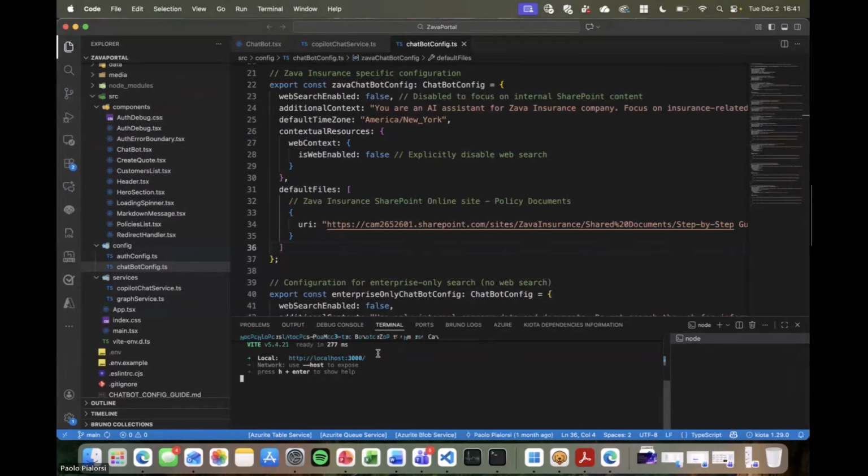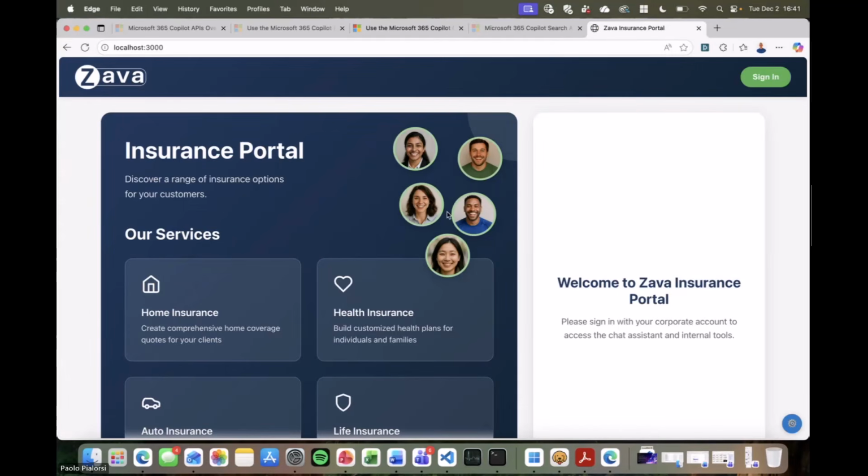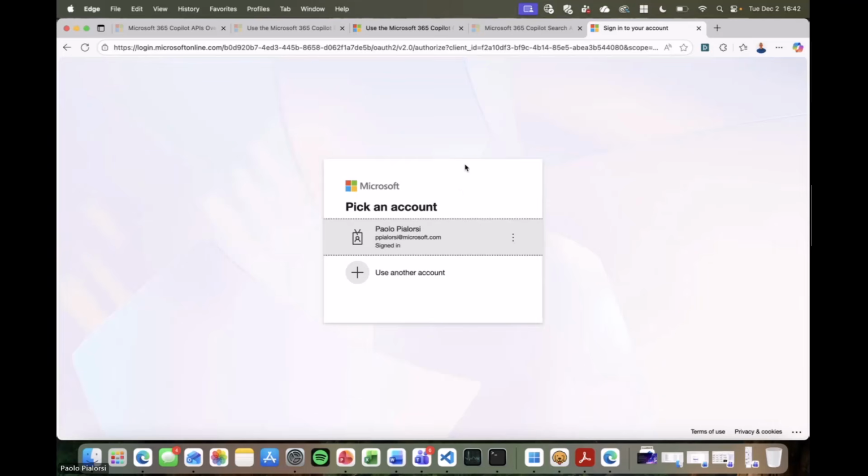So let me copy the URL of the website, and let me go back to the browser, and let's access the website. Well, this is a custom developed portal that I created, and in this one, for the Java insurance company, I can sign in as a user. I need to sign in because I need to be authenticated to have a delegated access token in order to access the